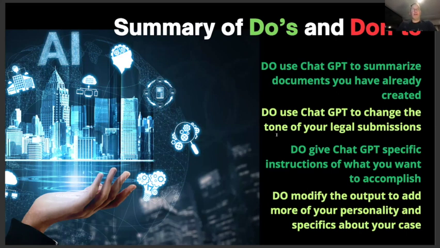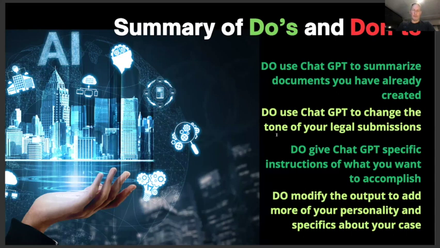And do modify the output to add more of your personality and specifics about your case. So once ChatGPT has generated its response, it's important to copy and paste that back into a document. And I think most of you know that legal documents usually need to be submitted in Times New Roman, font size 12, double spaced. But once you've done that and recreated the submission in a Word document or a Google Doc or whatever the